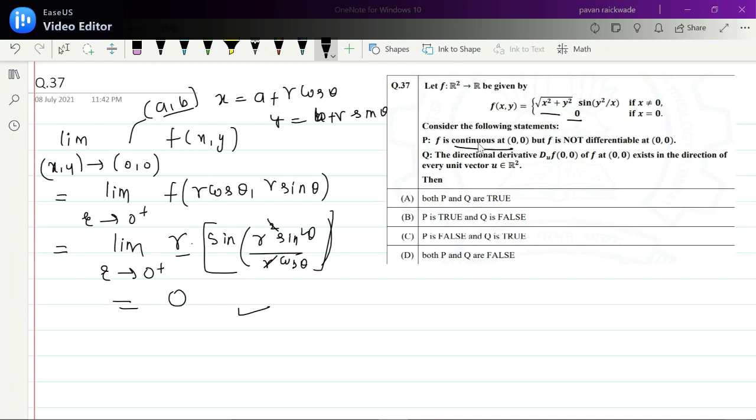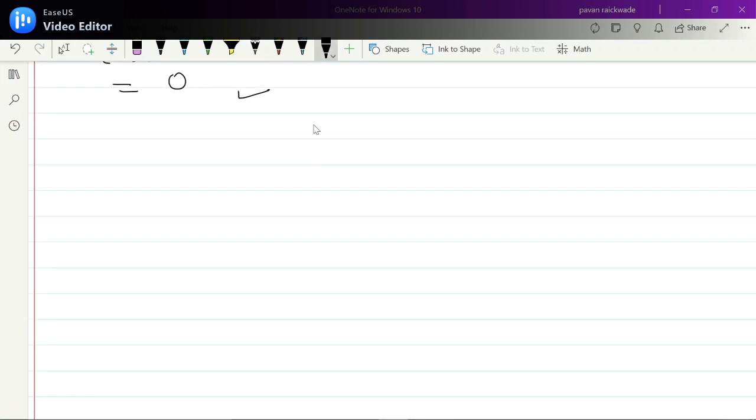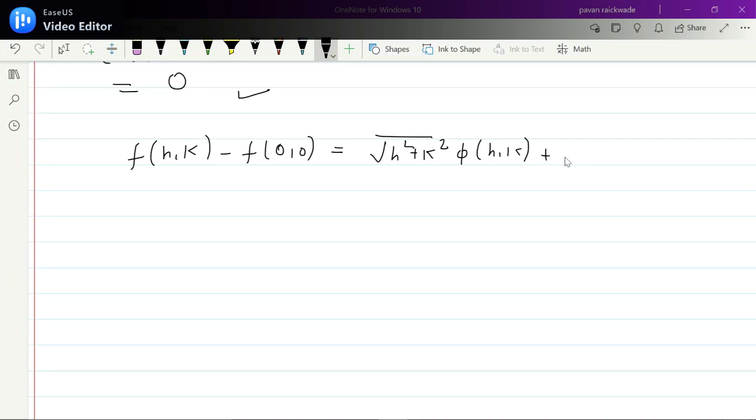Now we'll check whether the function is differentiable or not. The sufficient condition for the function to be differentiable is that the function must be expressed as f at h comma k minus f at 0 comma 0 must be equal to square root of h square plus k square into some function phi of h comma k plus ah plus bk,